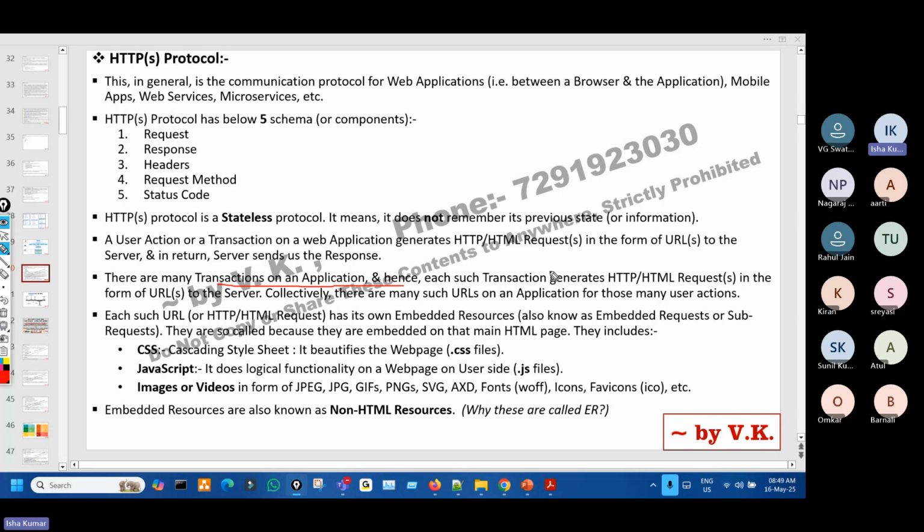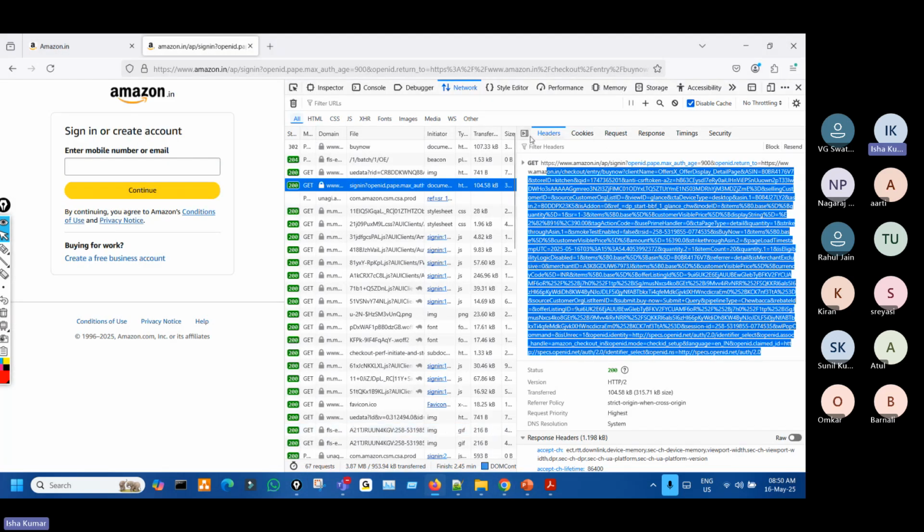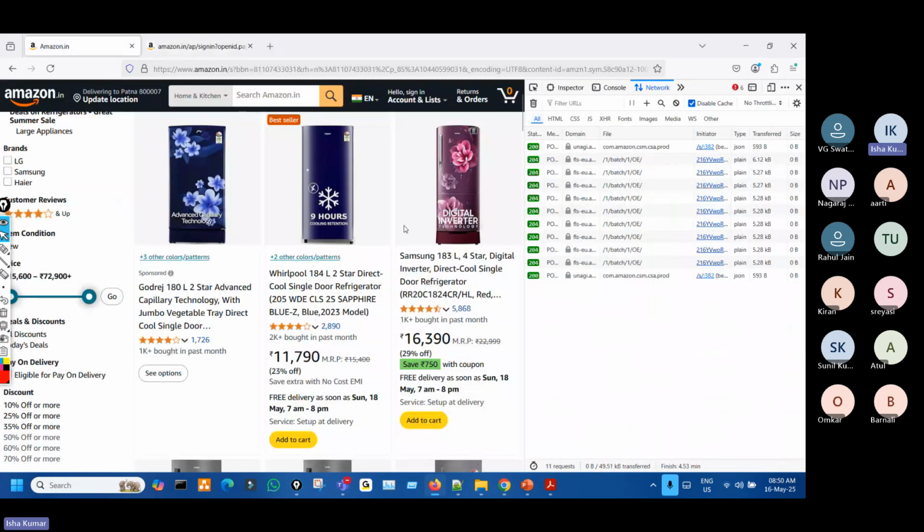And each transaction generates an HTTP HTML request in the form of a URL to the server. So there can be many such URLs on the application, right? So that's what. Hope you got this. Every transaction or every user action on a web application generates an HTTP HTML request, right? And that's what we have seen, correct? Here also,